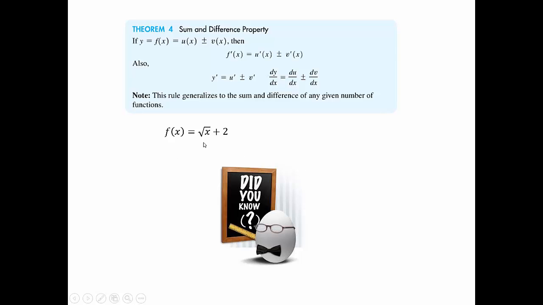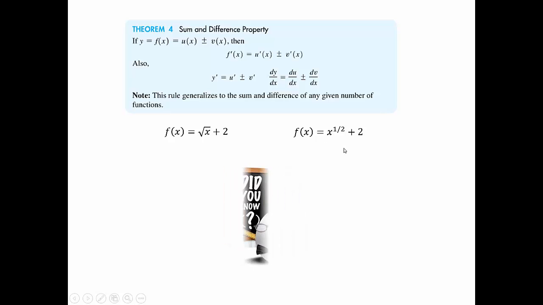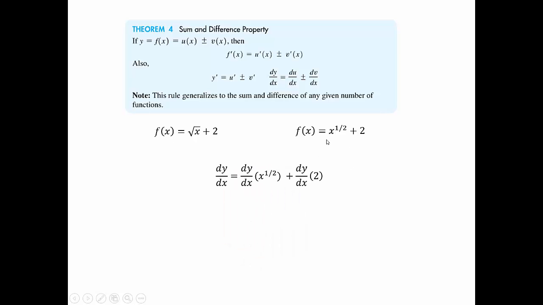So I want to remind you, if you have a square root, that's the same thing as the 1/2 power. I don't know if you remember that. It may have been a while, or you may have never seen that you can rewrite a square root to the 1/2 power. And so now I have a power here, so I can take the derivative of this piece,